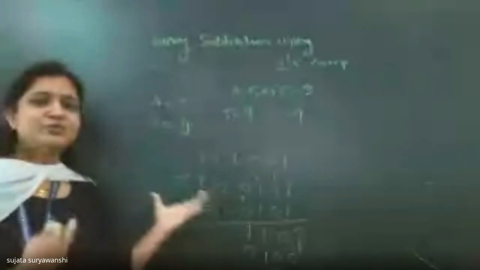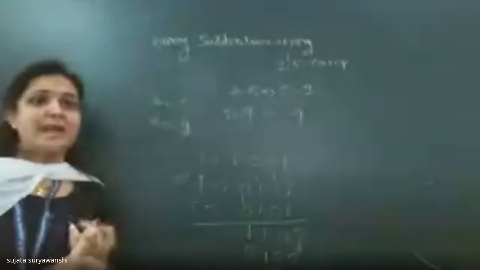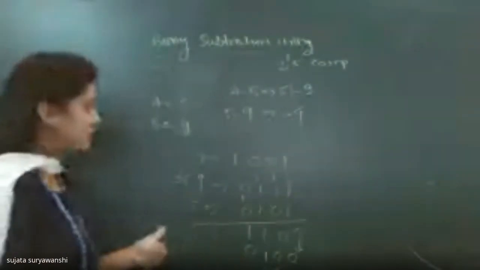Here we are using the same procedure, that is addition. There is only one method to perform the subtraction using arithmetic rules. With the help of arithmetic addition, we can perform subtraction. This is the main objective. Yes, one student says to repeat the last step. Which step do you want here?